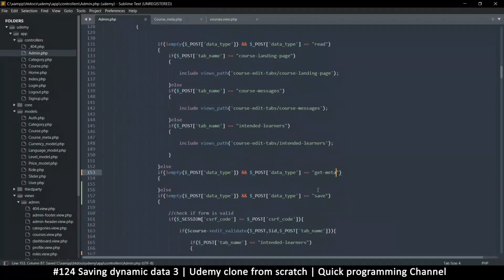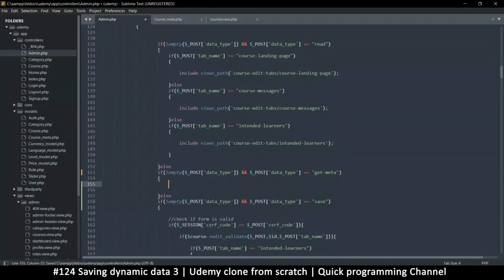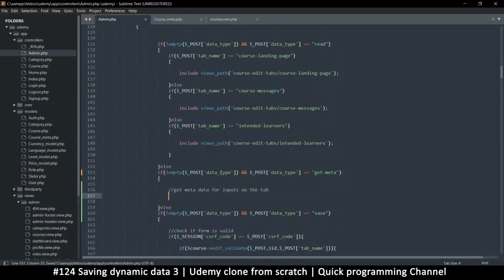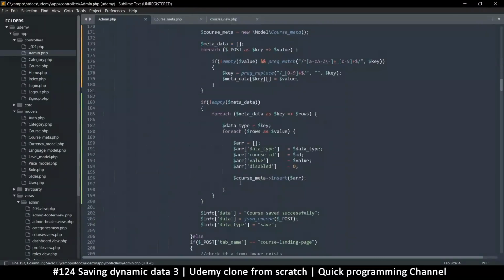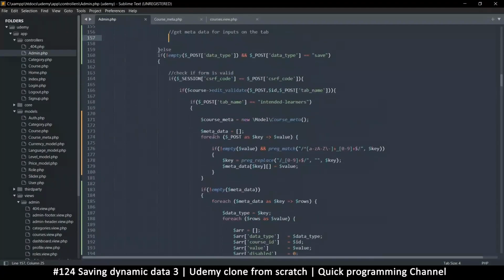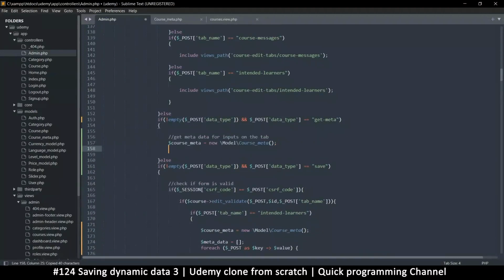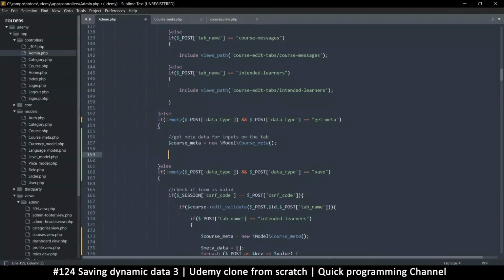All right, so if it's equal to get meta, let's do something here. Get metadata for inputs on the tab. Okay, so in order to do this, all we need to do is grab this item, get this course meta. Let's get this here, paste. And then we read. So I'm just going to say rows is equal to